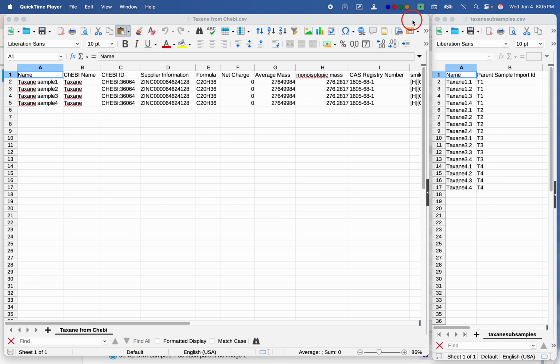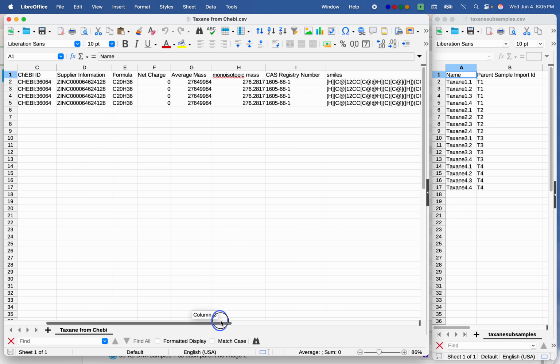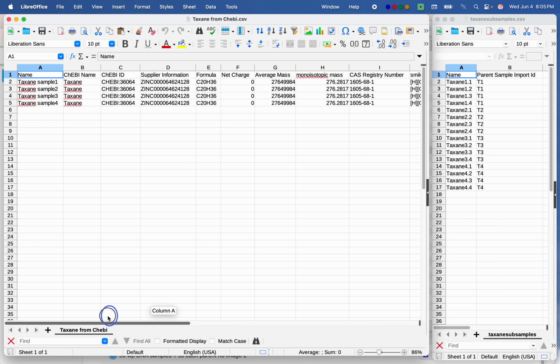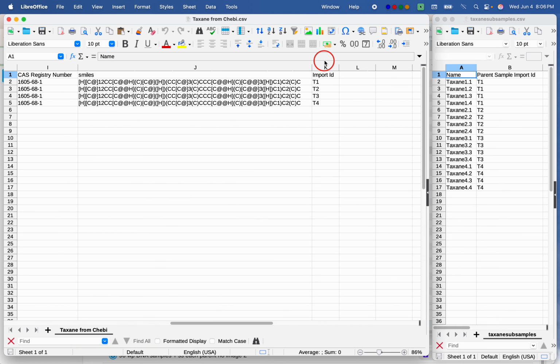Here we can see the two CSV files I'm about to import. On the left, this is the same CSV file that I used in video number 2. It defines the metadata associated with a number of taxane samples. On the right, I'm now specifying that each taxane sample will be made up of 4 subsamples. If you look at the end of my CSV file here in column K, you can now see that I've added some arbitrary identifiers. These don't have to be in any special format, I really just made these up. The only requirement here is that these identifiers define which sample these different subsamples will be associated with when